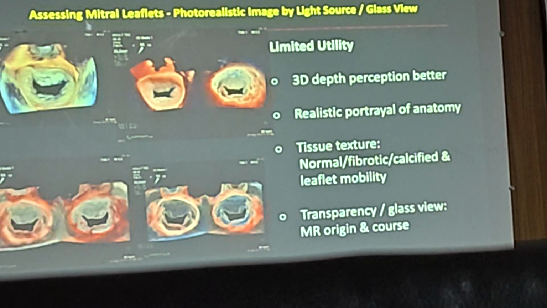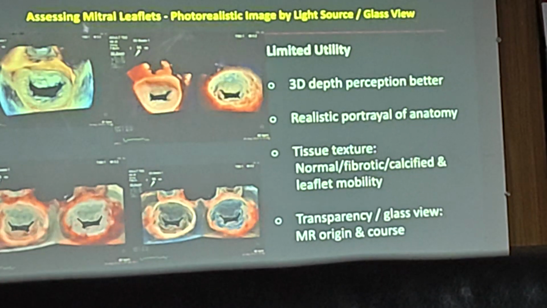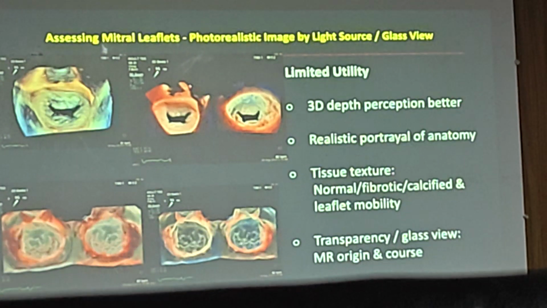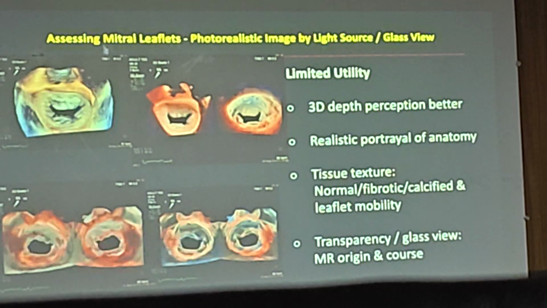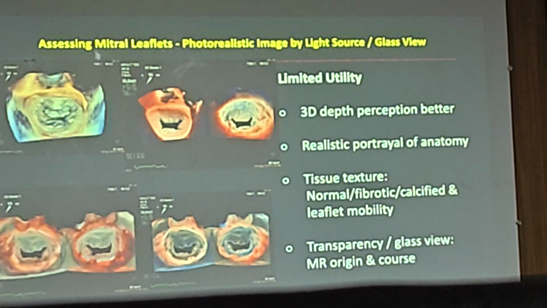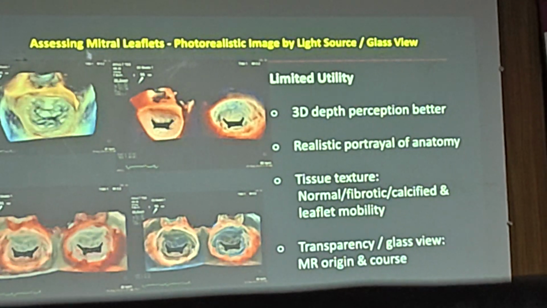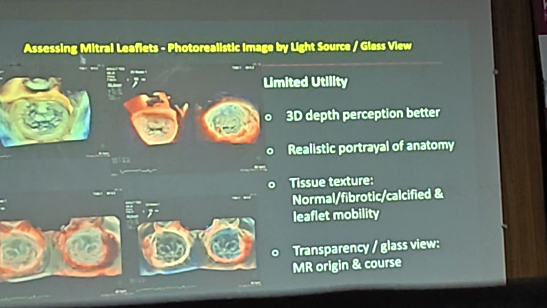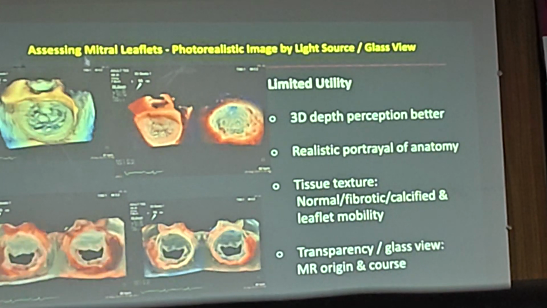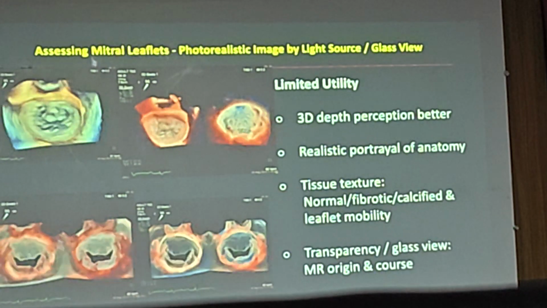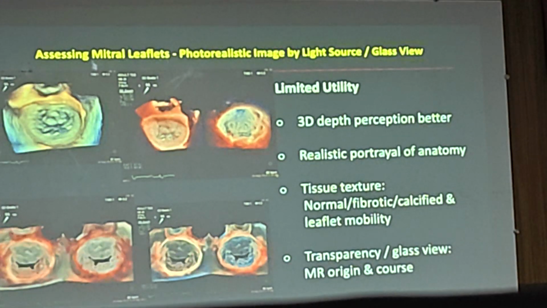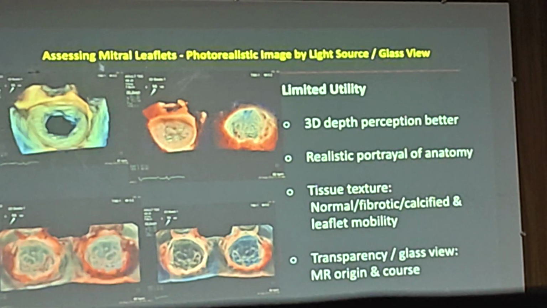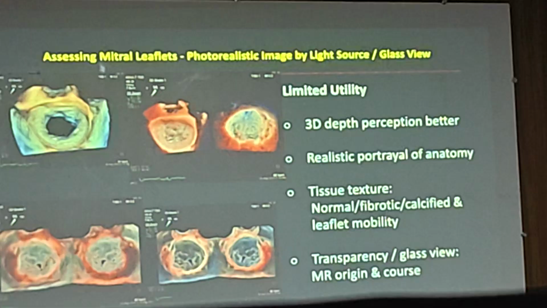Now, you have these nice images. They look great, but the value is limited. But you get some important anatomical information. Each of these vendors has their own way of trying to give us some very good images. Not all patients give you great images. Many times the probe and physics do not allow you to get good images. It's the lie of the heart. If the lie of the heart is more horizontal or more rightward, then it's a problem. Then the direction of the probe is not in tune with what you would be getting.